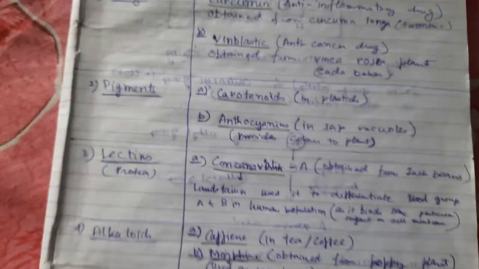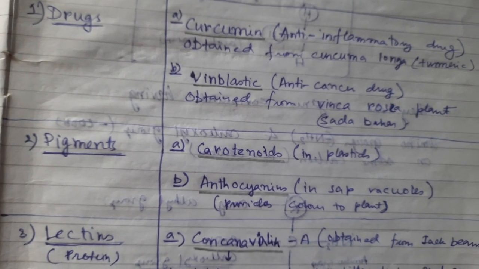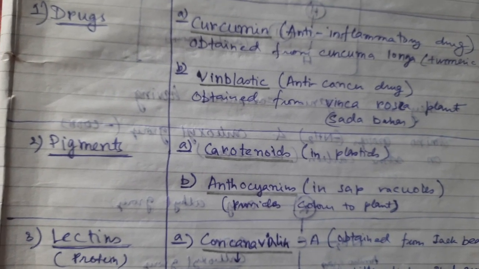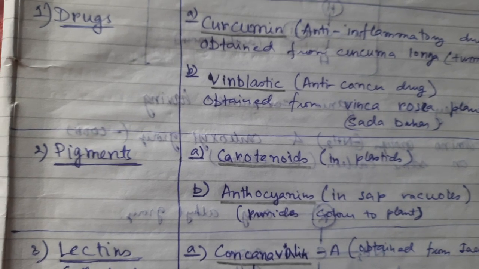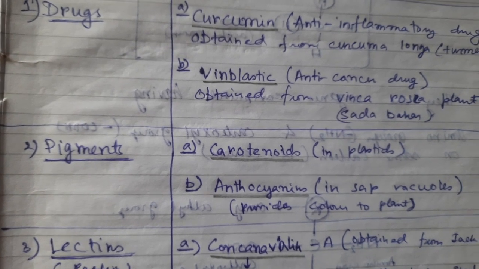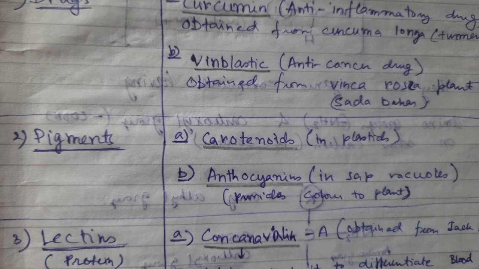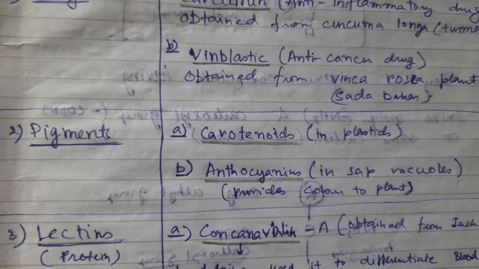And then there are different types of pigments. Secondly, that is Padukone, Deepika D, then Padukone P. The P stands for pigment, the substances that keep colors. So the two types of it are carotenoids, found in plastids, and secondly